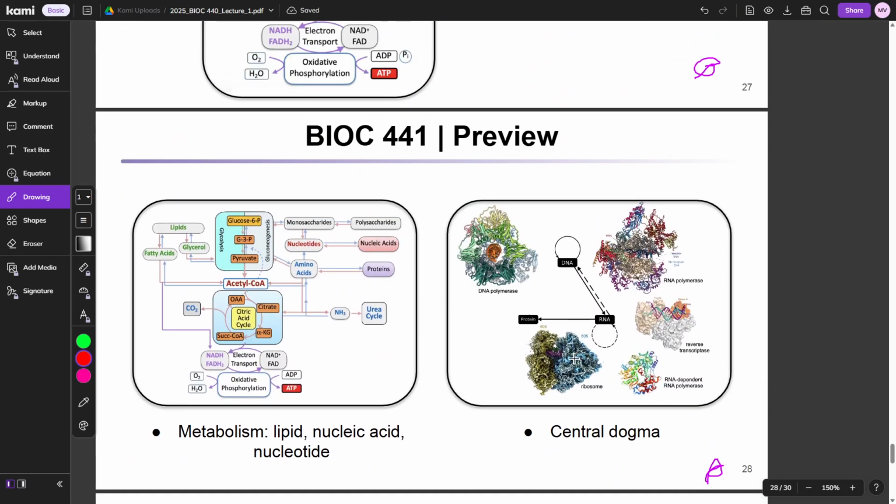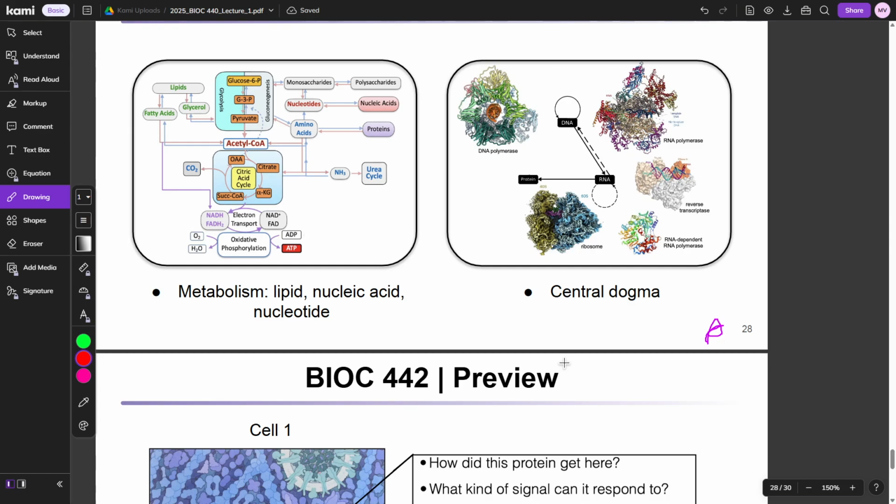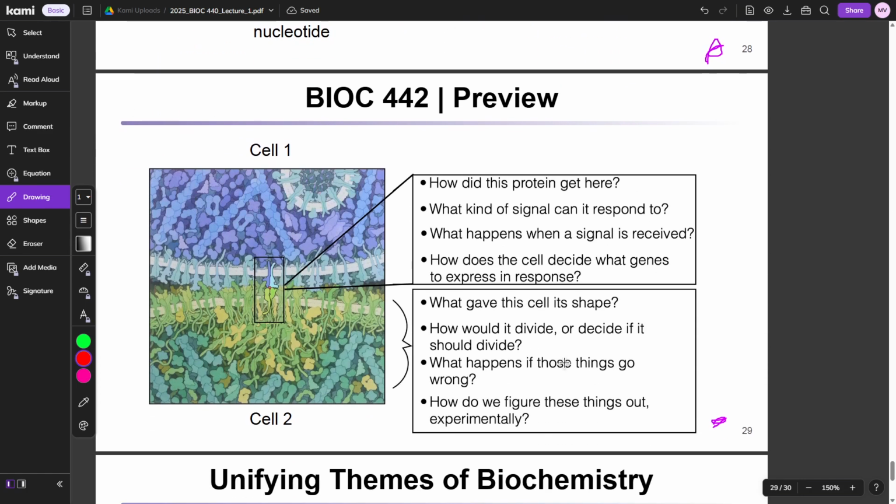441, you guys cover a lot of lipid and nucleic acid breakdown and stuff. I actually really liked this class. The professor sucked, but I really like this class. You guys cover fatty acid oxidation, buildup, lipids, nucleotides, amino acids. I really like this course. But yeah, and 442 is